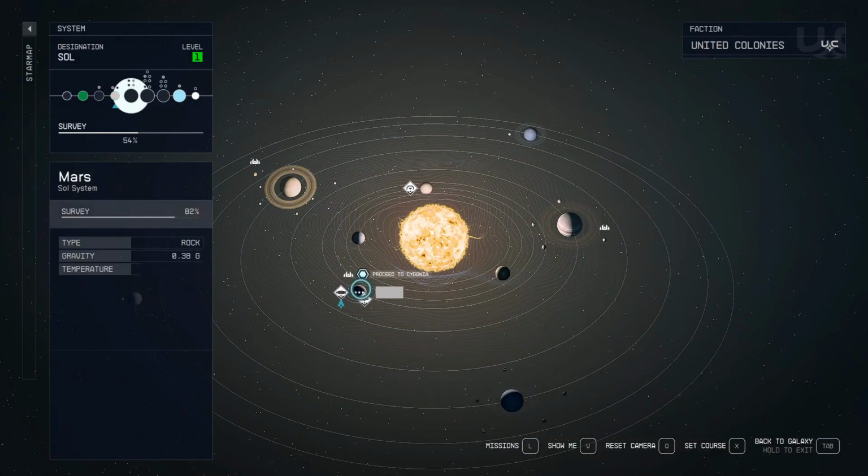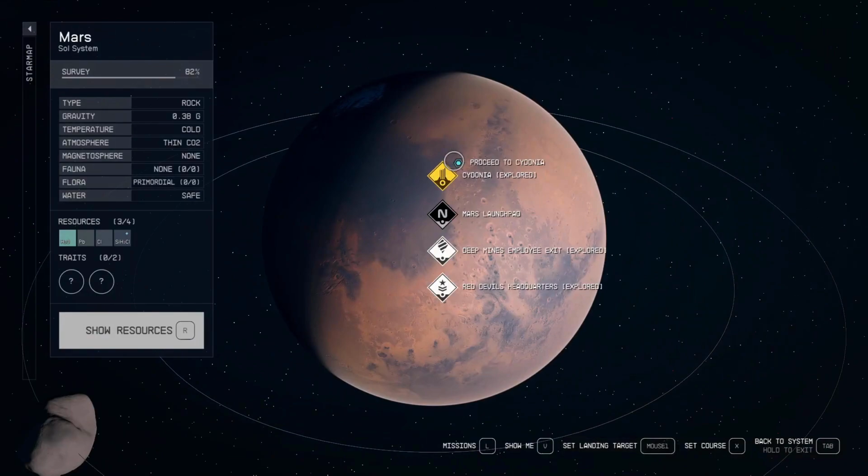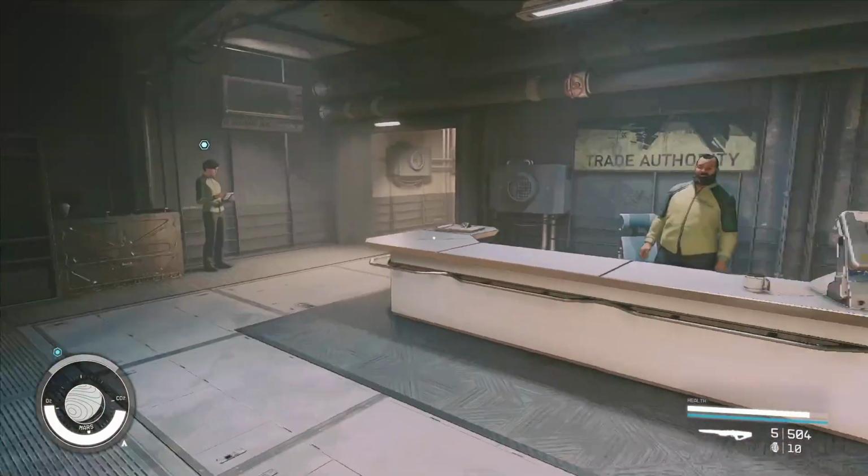We're actually very much in the neighborhood, just outside of Mars. So into Cydonia with our contraband. Have a chat with Circe? Bloody hell. Never gonna remember that. And see about getting into the Crimson Fleet. Now it is very nice that we are going to the Trade Authority because...